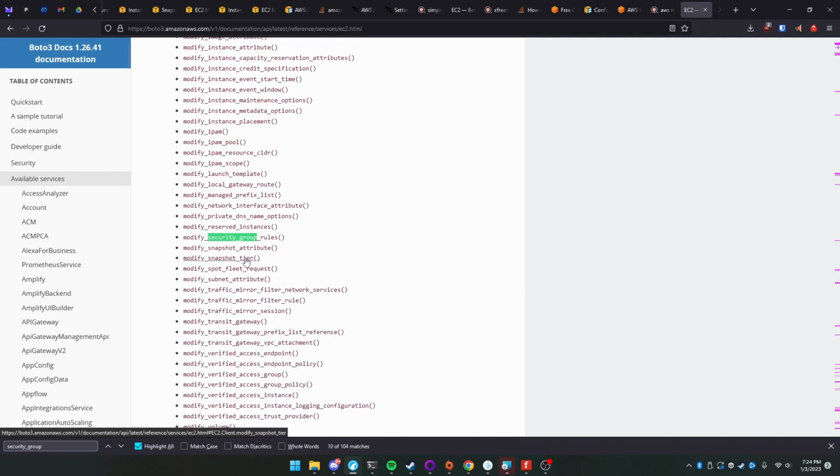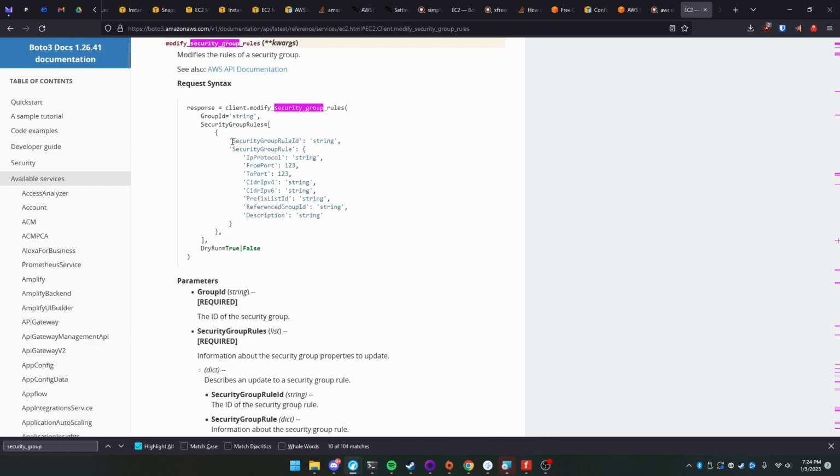Modify security group rules. So this might be something right here, where the JSON command you'd get, or the function you'd give, is modify security group rules. You'd give it the security group ID, which would be a static ID that wouldn't change, and then you would give it